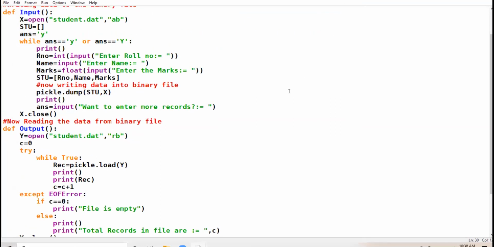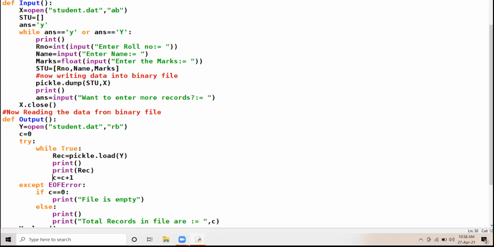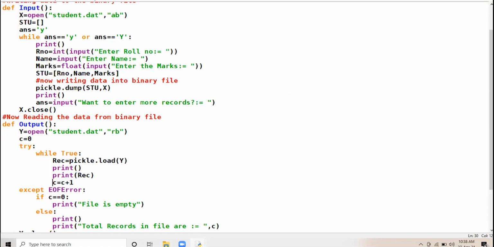Now, this was the writing and reading operation. Today I am starting the new operation, that is how to search for a set of records or a particular record. When you want to search for any record, whether it exists in your file or not, we always take into consideration one particular field.